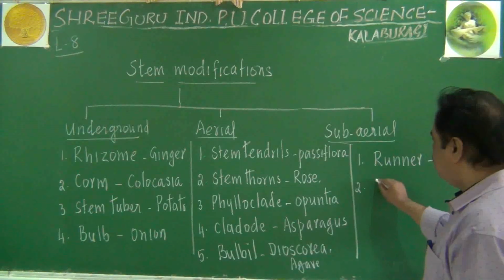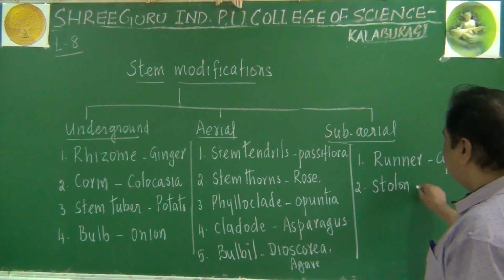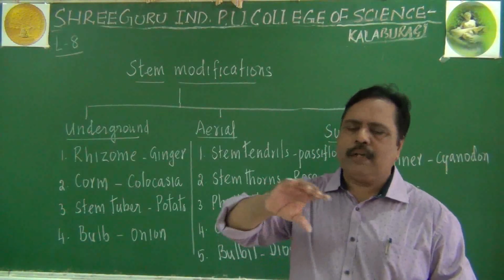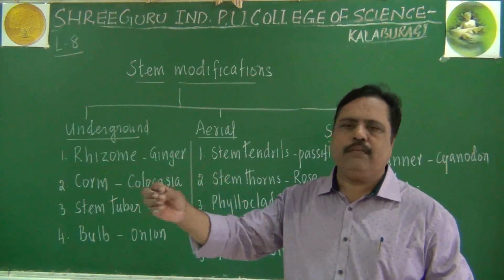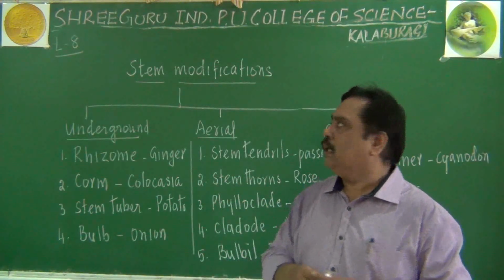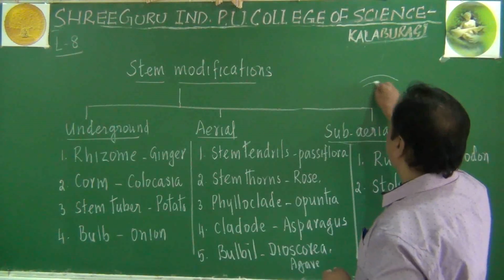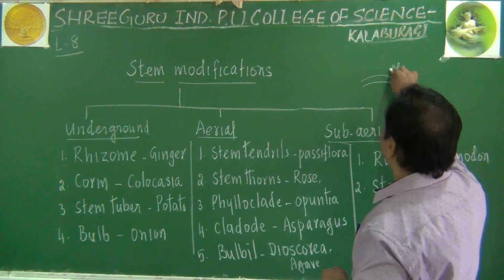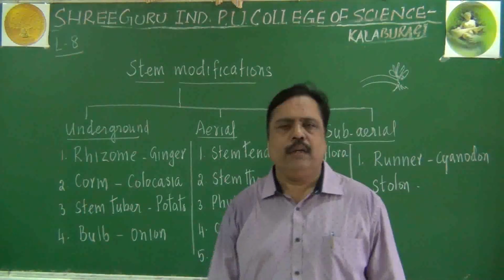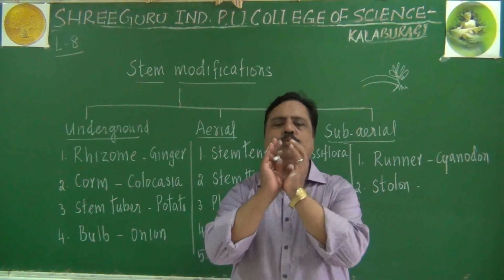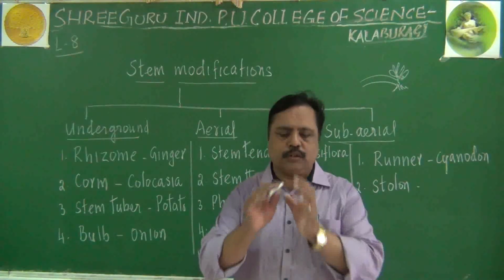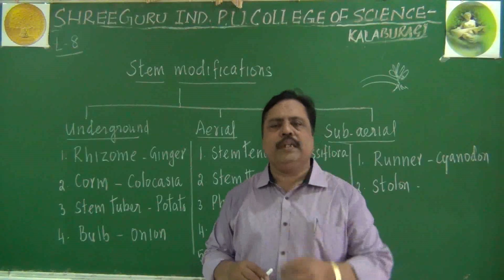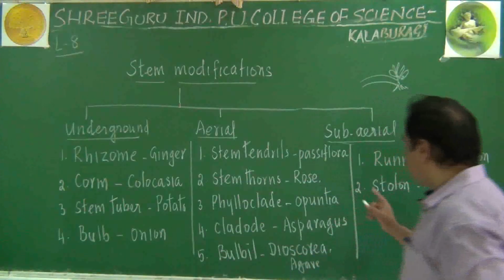I was telling you about stolon also in subaerial modification. Stolons will have generally some thick internode, but they will arch above the ground. Again they will produce adventitious roots. So the stolon will arch above the ground like this. They will produce adventitious roots, and here they will produce rosette of leaves. What does rosette of leaves mean? A group of leaves arranged in circles. So a circular arrangement of leaves is produced in the form of rosette. That is stolon, we can say.